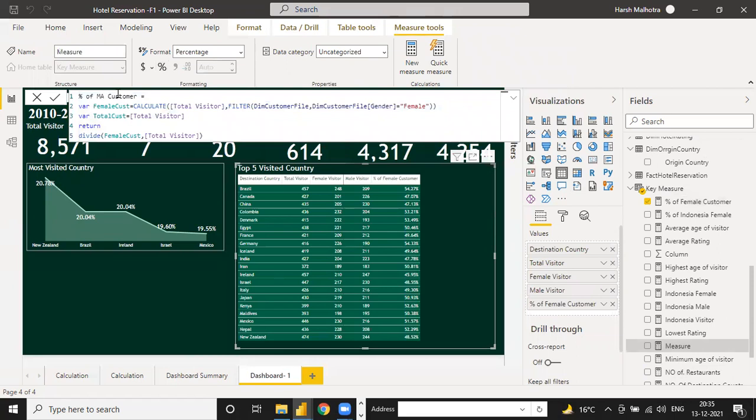Instead of female you can change it to male. Male total, and you can just uncheck this.